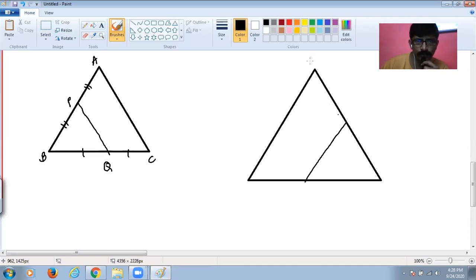So over here, let's say this is triangle ABC and this is L and M, and it is said that M is a midpoint of AC and L is a midpoint of BC. So what can we say with respect to line ML? ML is half of AB and ML is parallel to AB. That exactly is midpoint theorem. I hope students you've understood this very clearly by now. Please draw this diagram quickly in your book.